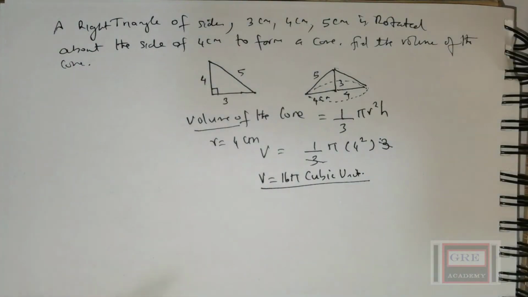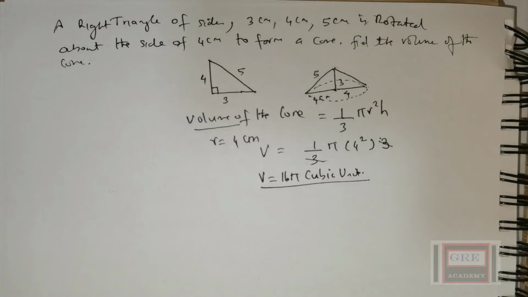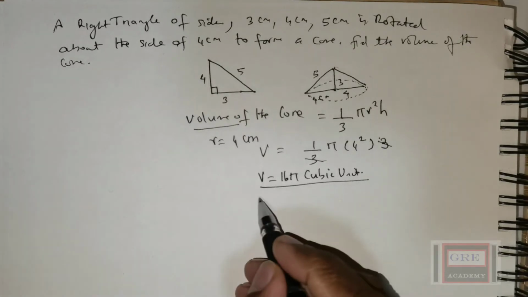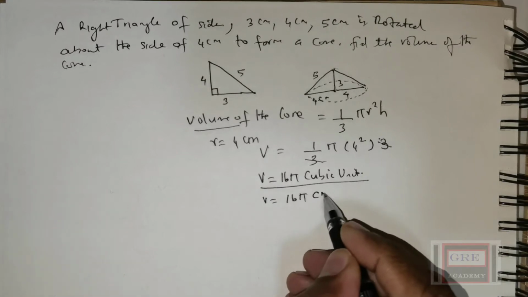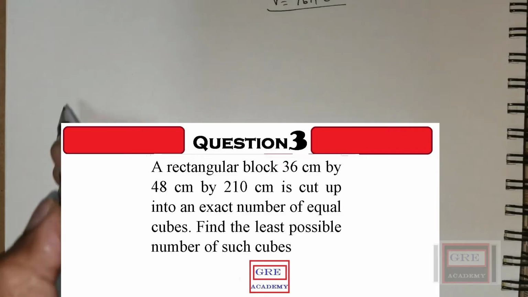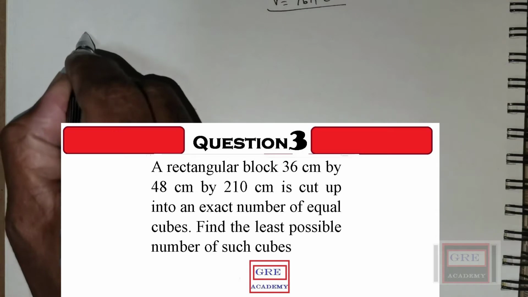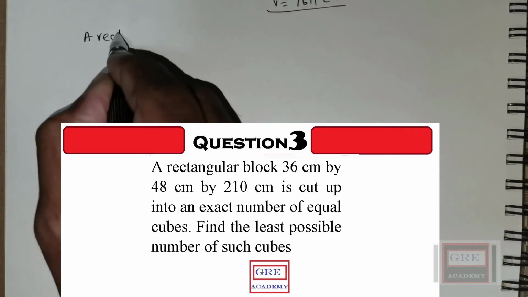Okay, so that will be the solution for this question, or you can simply write this as 16 pi cm cubed. Students, in this next question we are given a rectangular block